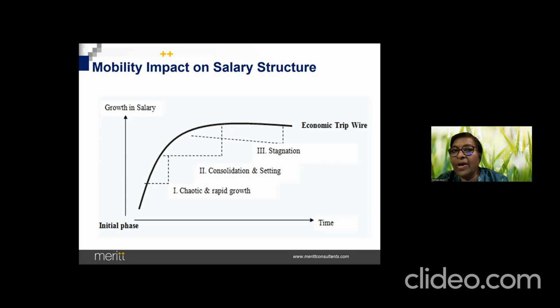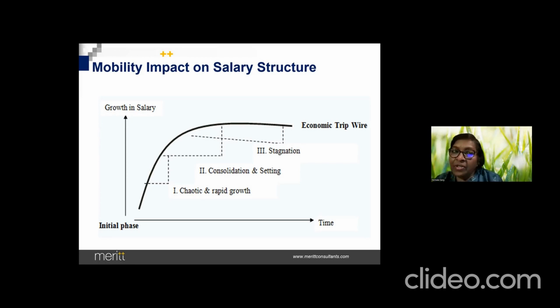Okay. So even when you are shifting a job, when you are having job mobility, there are jobs up to which you can shift them, which today we call outsourcing business. But then there is a point called the economic tripwire up to which you can do that. Beyond that, you really cannot. Okay. So this is globalization and technology's impact on compensation.